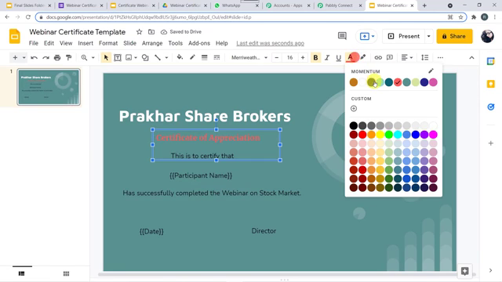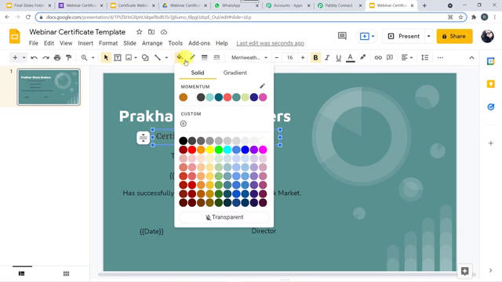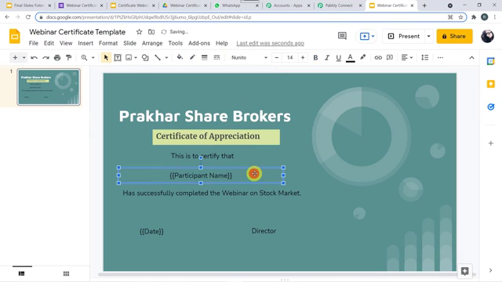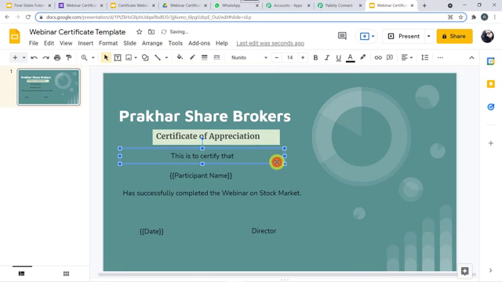Okay, and you can even fill the box with a color if you want to fill it. So this is the fill color option. By this you can fill the box with any color you want. Okay, so I'll just change the color. It's not looking good. Okay, let us give it this color.